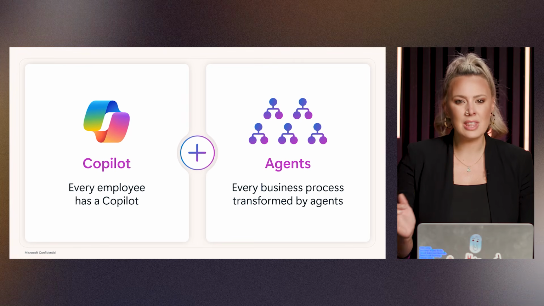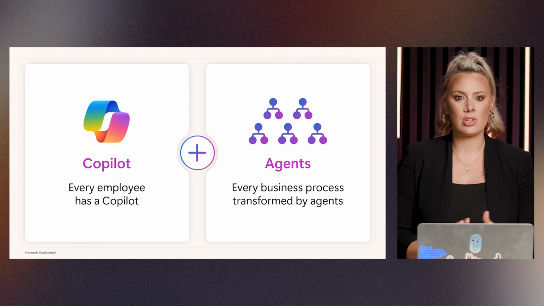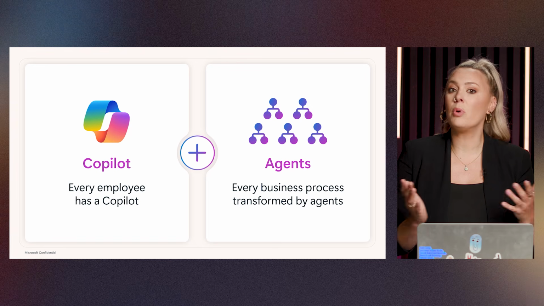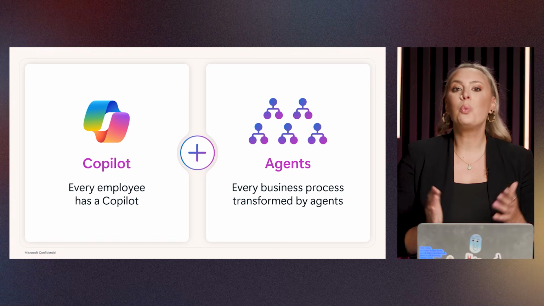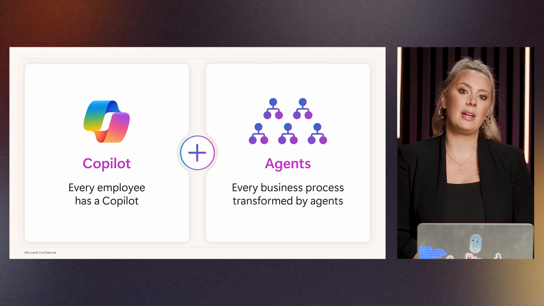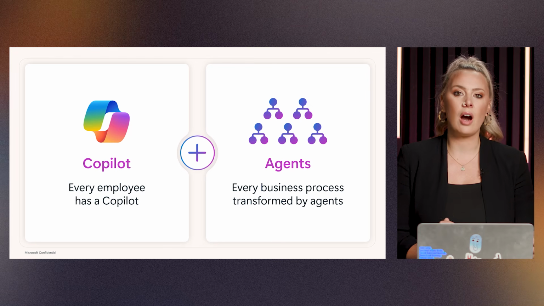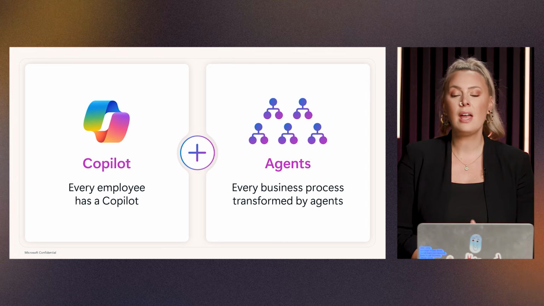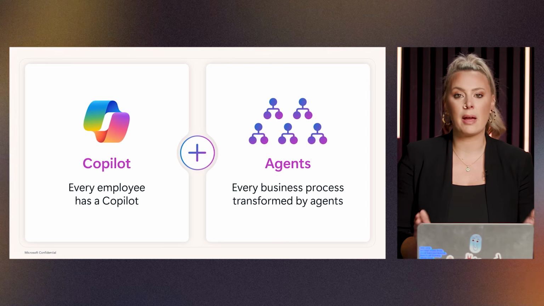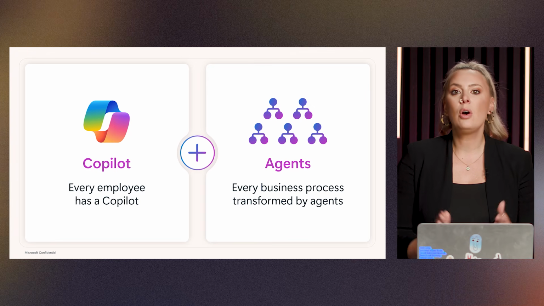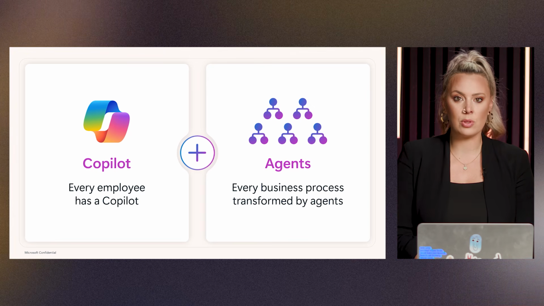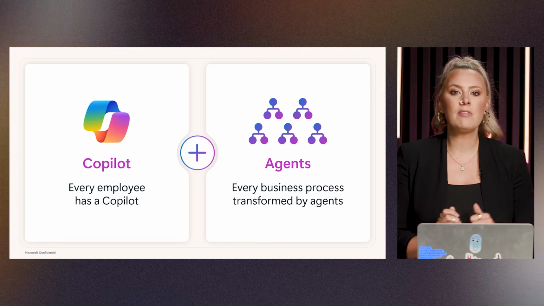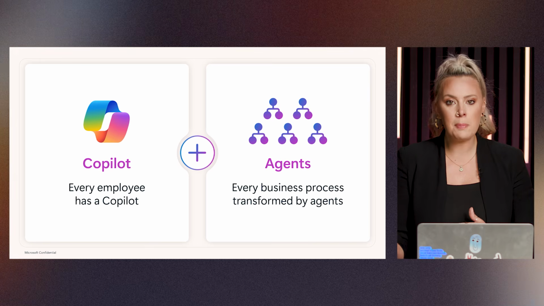But if you start to think about all of those agents and the emergence of multi-agent orchestration, we need to also implement an effective agent cost management strategy. Agents, unlike Microsoft 365 Copilot, which charges a flat per user rate, use a consumptive billing model with both prepaid message